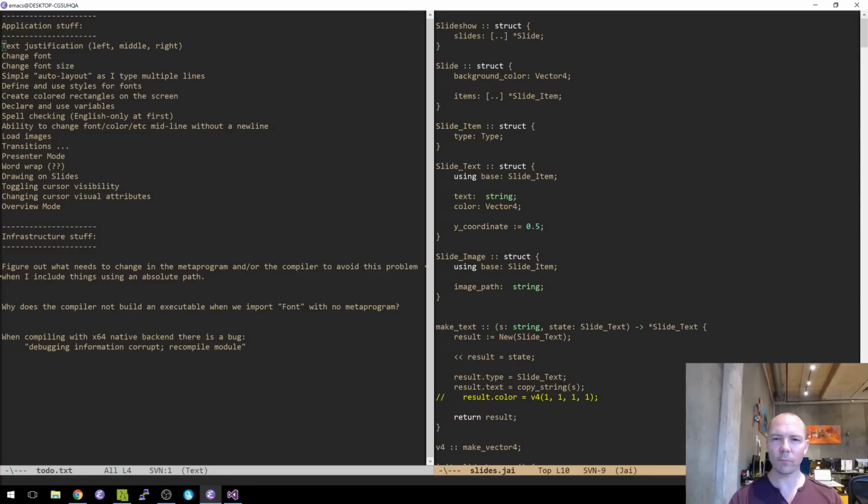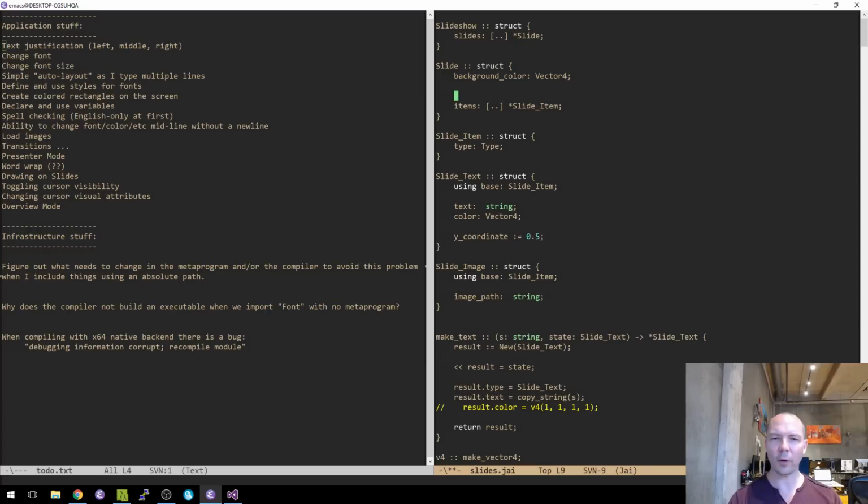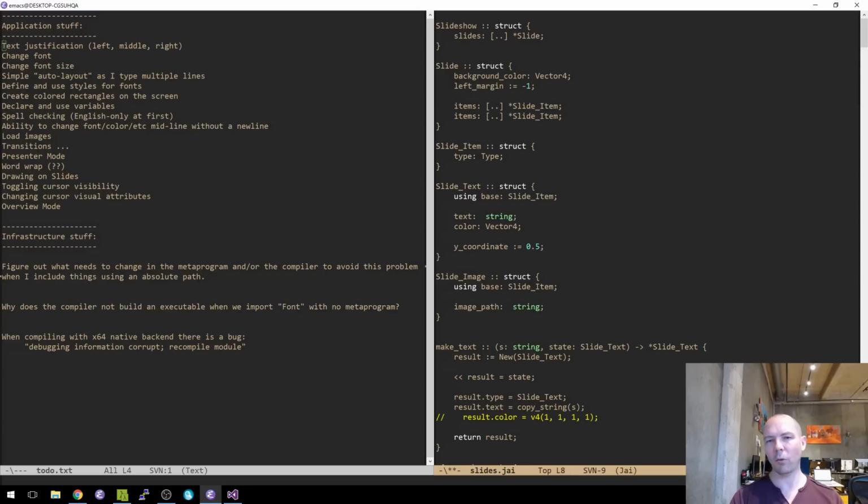So our slide has a background color. I'm going to say left margin. And I'm going to just say -1 means it's unspecified, right? That means we can do something contextual. Maybe we won't like that, but for now, that's going to be it. Left margin, right margin, and